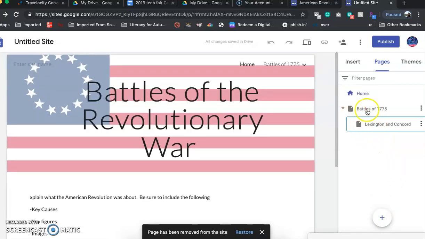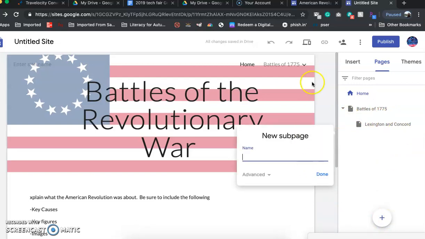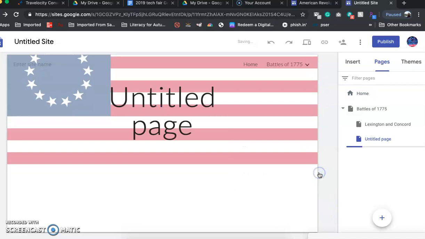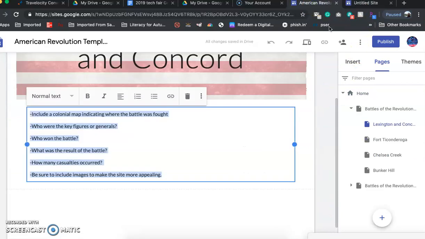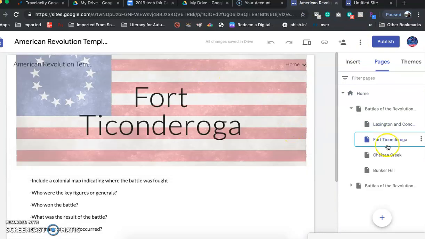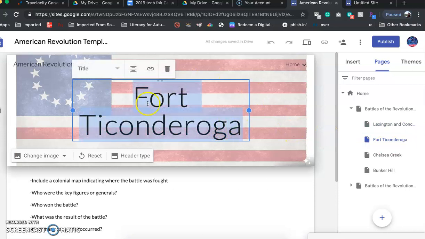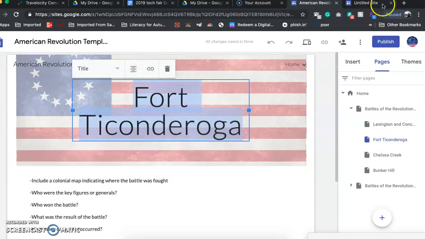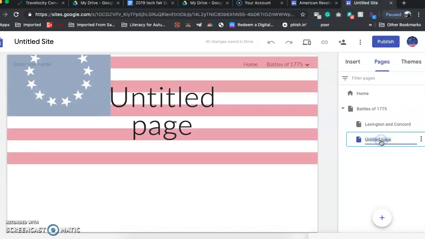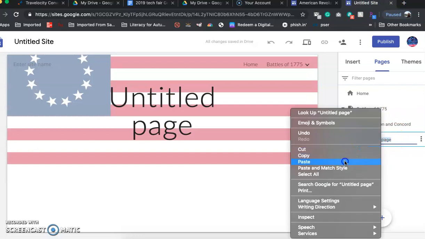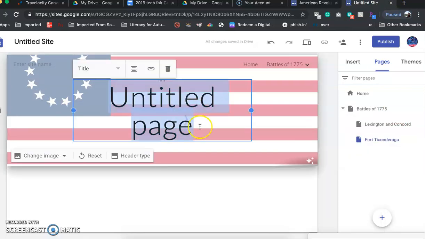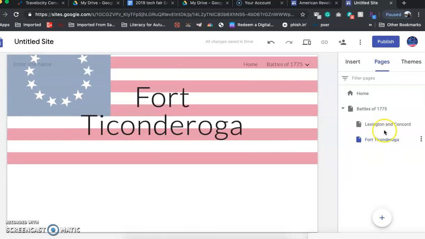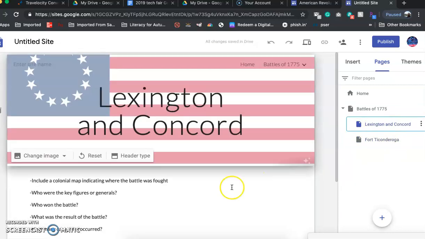remember, it's a page within a chapter. The chapter is Battle of 1775. So I'm just going to click New Page, and this one is going to be Fort Ticonderoga. So we're going to copy that. Paste that here. Come here. Paste that here. Okay, and then what I'm going to do is, because I'm kind of asking for the same